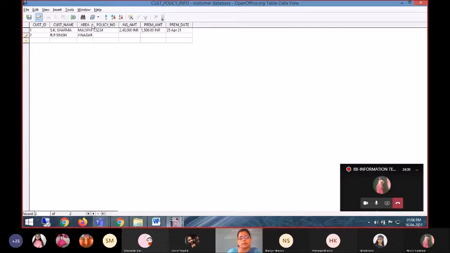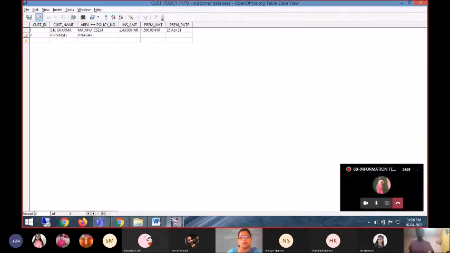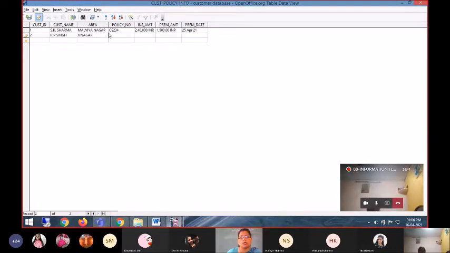It doesn't mean that we have to write only this small amount in this much space. We go on this dividing line, you get four arrows, double click on it, and according to the maximum data, the cell will resize. Okay? If my data is longer, it will become longer. So cell size is not a problem. The cell size is defined by the field length which we have set in field properties.